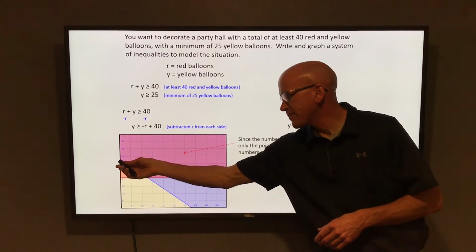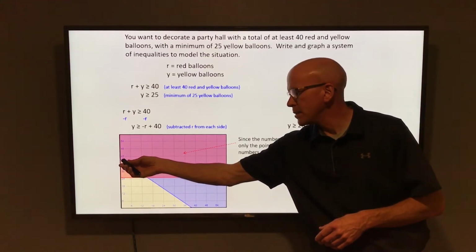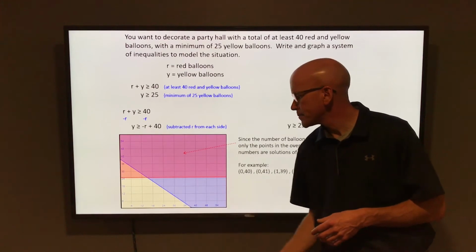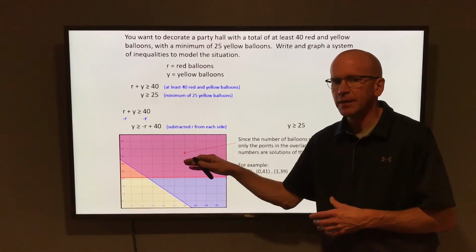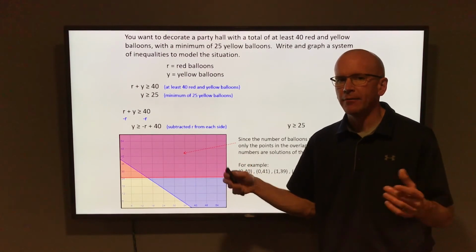Or where y is 40, r would be 0. You might have 0 red and 40 yellow. So those whole number coordinates in that overlap give us all the combinations that we could have of red and